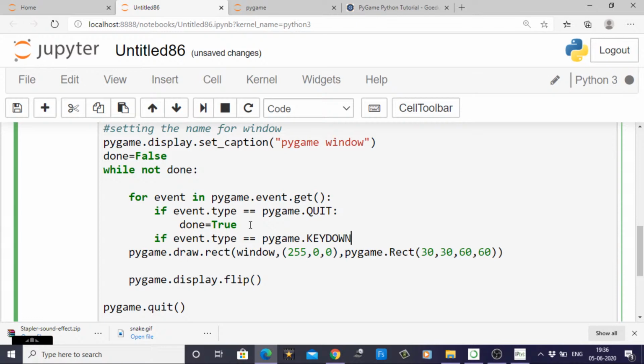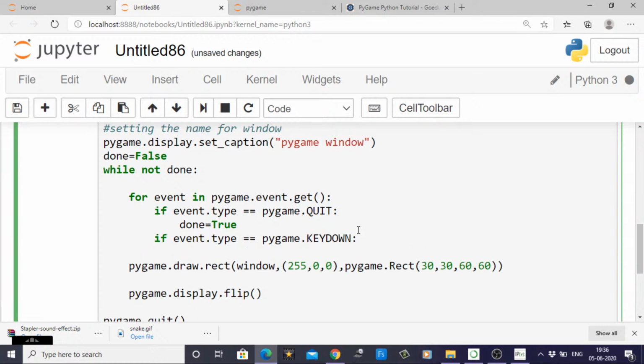Okay, KEYDOWN. KEYDOWN is for the keys only. Okay, and I'm taking an input as KEYDOWN, and inside this I can put a particular key. Like I can give one more condition. If event dot key, which key you want to press, event dot key is equal to pygame dot